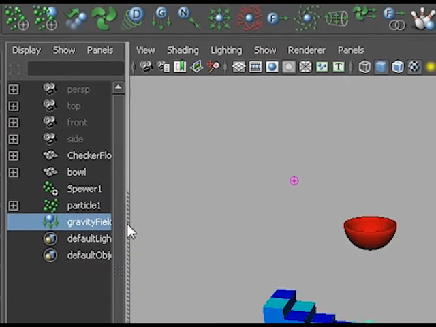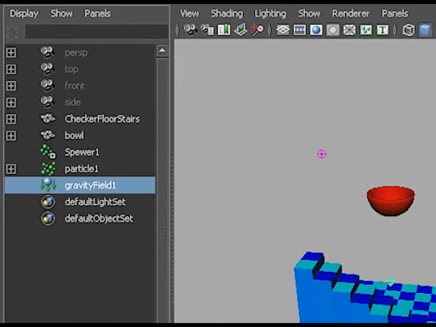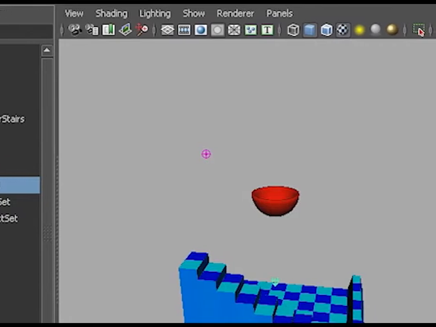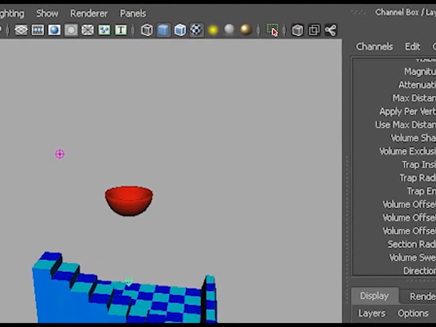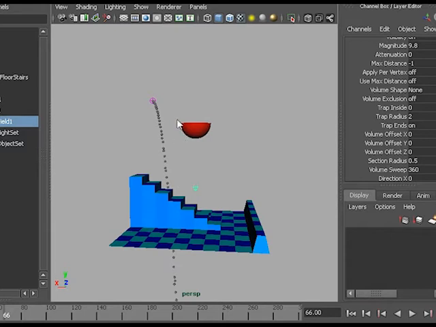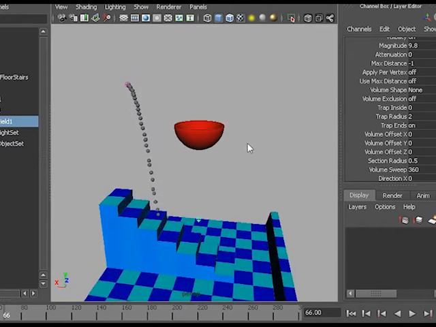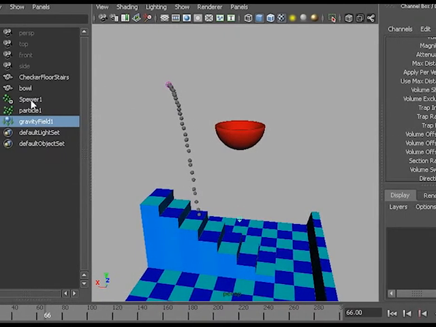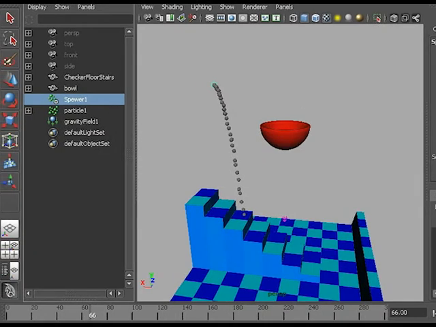It will create a gravity field. And by default, that's set to magnitude 9.8, which is the value of the gravity on Earth. So, ooh, they're falling down quite fast. We want them to end up in the bowl. So that's not really happening. There's a couple of ways to fix it. We can lower the amount of gravity, or we can just make the